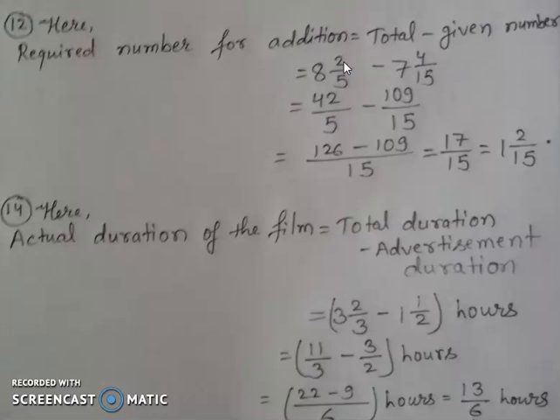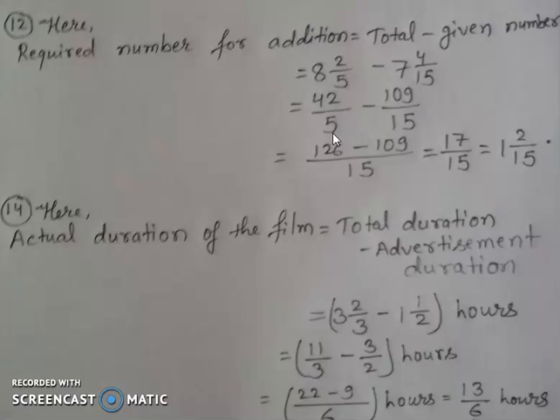Total is how much? 8 2 by 5. We can easily know, that means we add this to get this. When after adding we get, that is total. So we can easily know which one is total. So you can see 8 2 by 5 I had written and minus 7 4 by 15. Again I had changed it into improper fraction. 8 5 is 40 and 2 is 42 by 5. And in the same way 15 7 is 105 and 4 is 109 by 15.